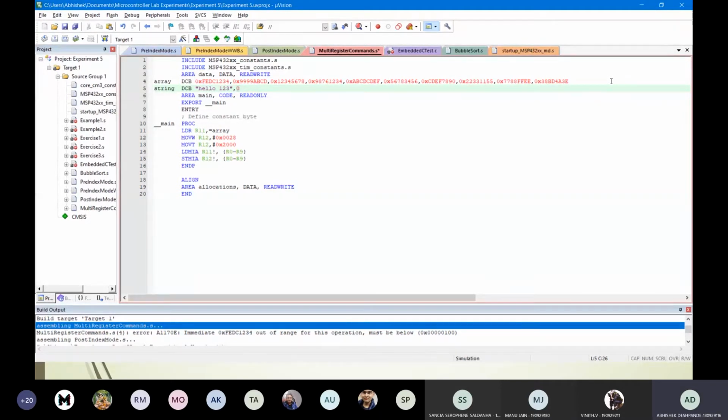It identifies the end of the string with the null character. So it's good practice to add a 0 at the end so that it turns into a null terminated string essentially. So each character will be stored as